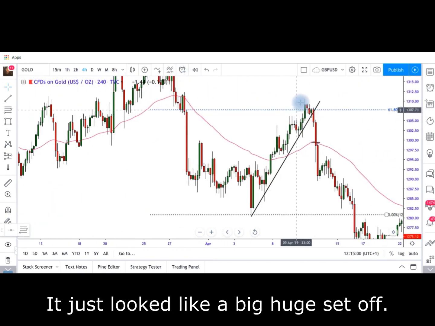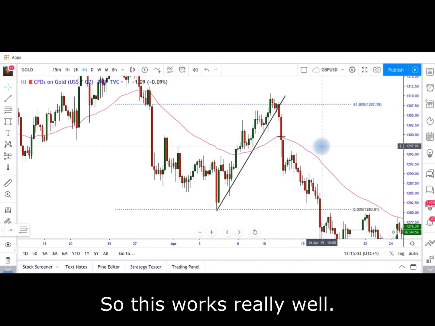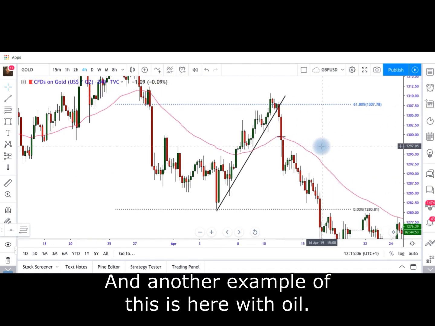You wouldn't have even seen this. It just looked like a big, huge sell-off. So this works really well. Now another example of this is here